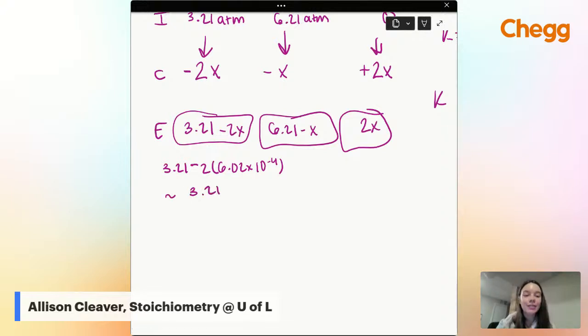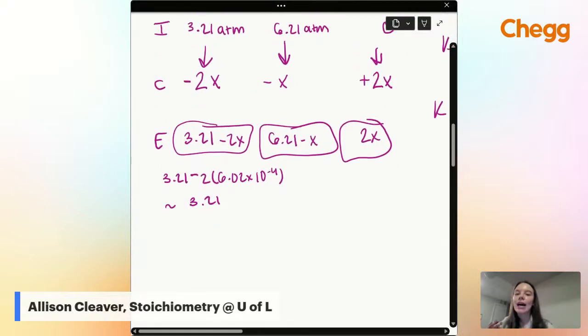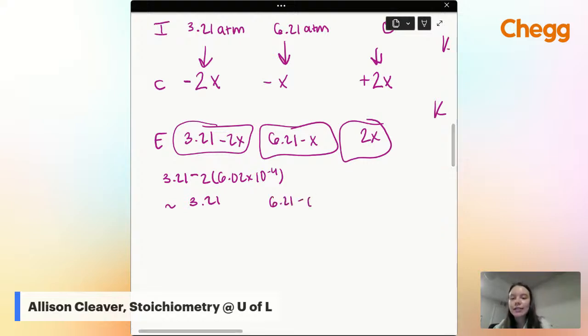One thing about these problems is that they do tend to give the same equilibrium sometimes as they did initials, and that depends on what your teacher will want you to do with that. If we look at the second one, we have 6.21 minus x. So if we do 6.21 minus 6.02 times 10 to the negative fourth, we're just going to get that 6.21